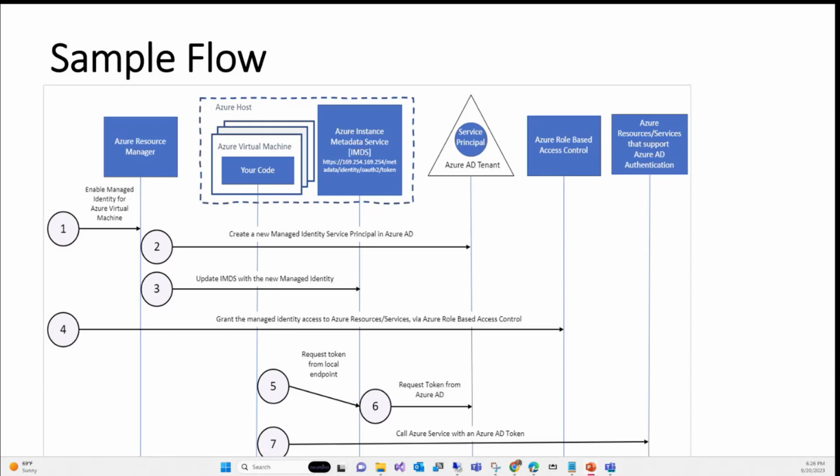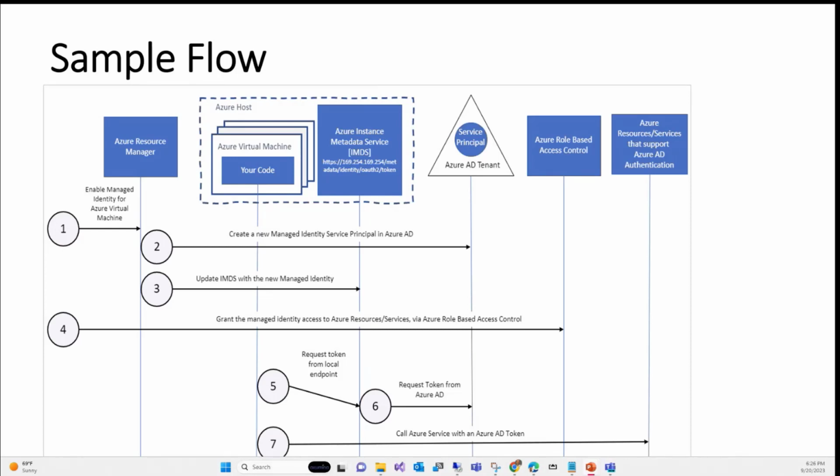Once this code starts running, it invokes the local endpoint, which is the IMDS service, and it gets the token from Azure AD. And then it makes the calls to the underlying resource, which is CosmosDB in this illustration. This is how the entire flow works.